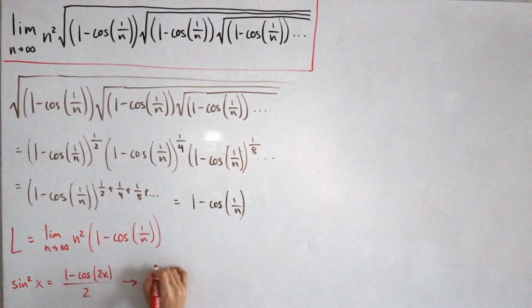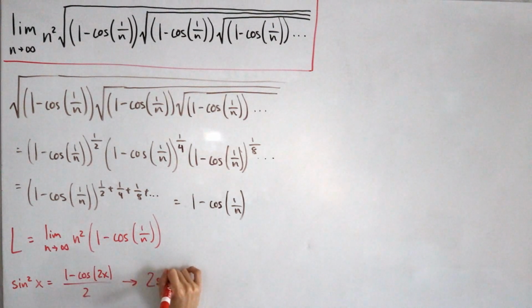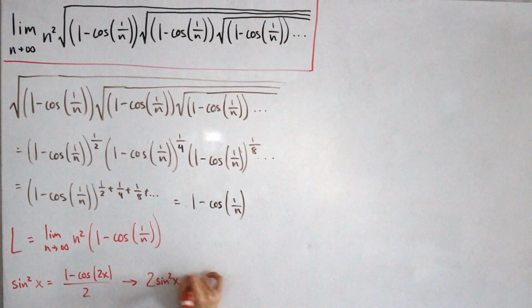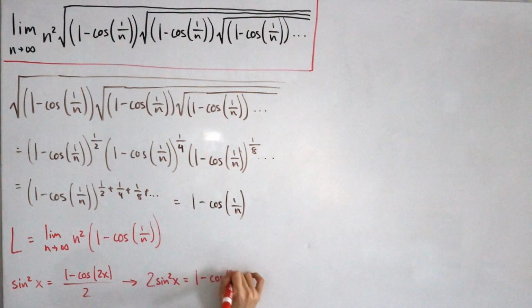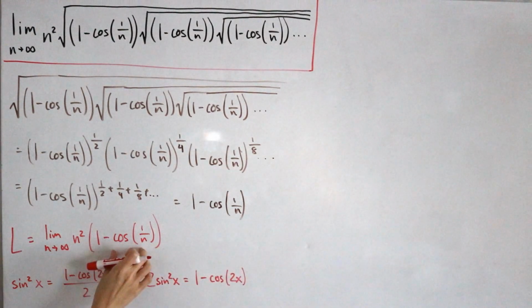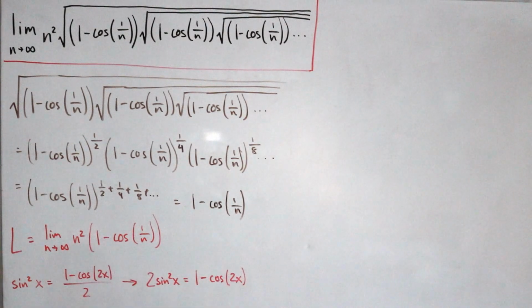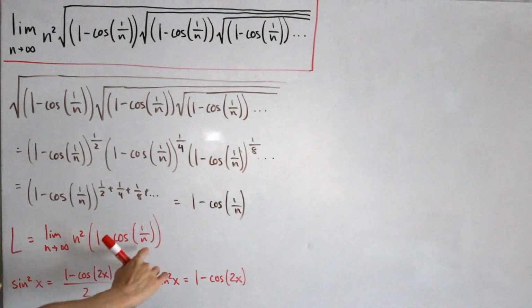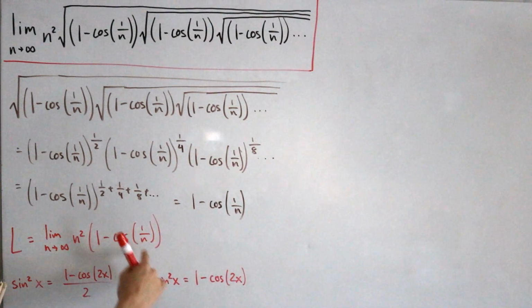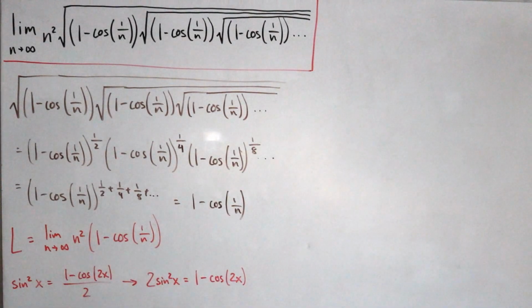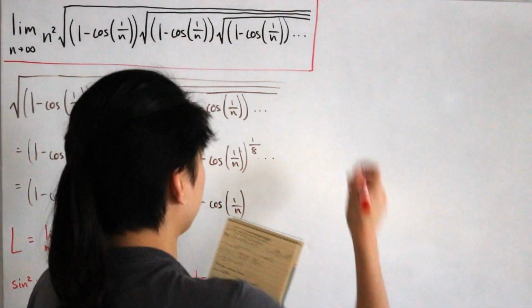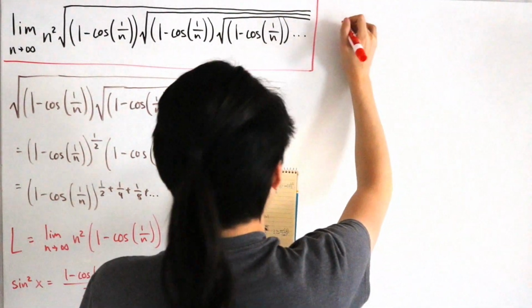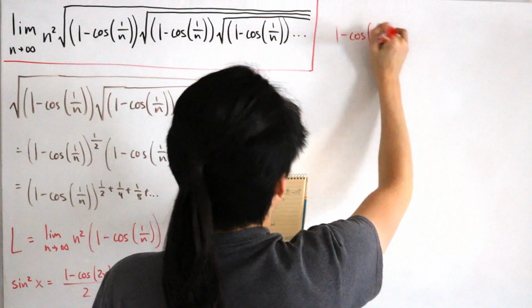So that means we're going to have 2 times sine square of x, and let this equal 1 minus cosine of 2x. Okay, so some form over here is simply related, but we just have to choose the correct inputs that we want to put in. So in this situation, if we have that 2x has to equal 1 over n, so what will be the input for over here? Well, if we solve this out,